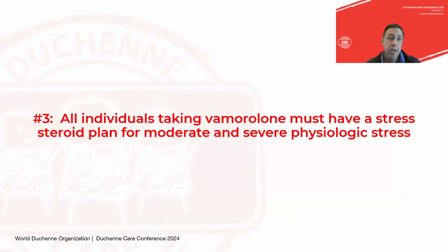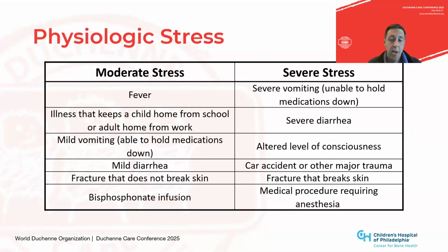Concept number 3: all individuals taking vamorolone must have a stress steroid plan for moderate and severe physiologic stress. Just to be clear here, we're not talking about emotional stress. We get that question a lot. We're really talking about physiologic stress affecting the body. We define moderate stress as things like a fever, an illness that keeps a child home from school or an adult from going to work. Mild vomiting, so that situation where you throw up once, still able to hold down that steroid